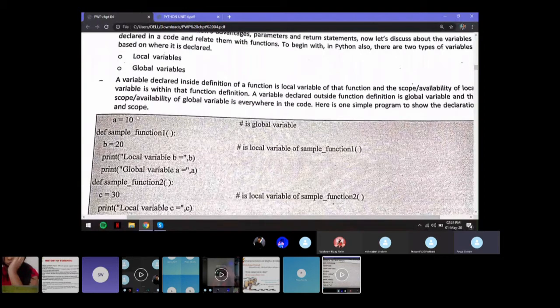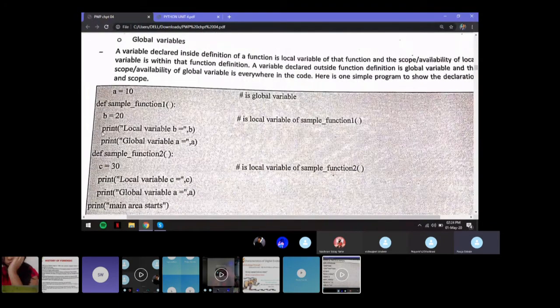So for example, if you write a equal to 10 at the beginning, it is a global variable. If you start defining a function called sample function 1, and inside that you write b equal to 20, that becomes a local variable, and its scope will be inside this particular function 1 itself. So it cannot be used outside that function.